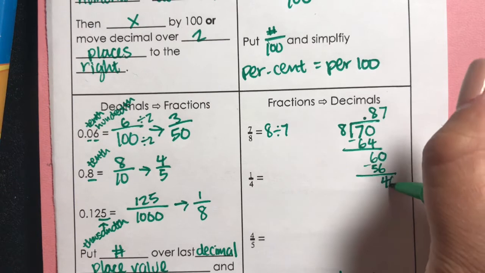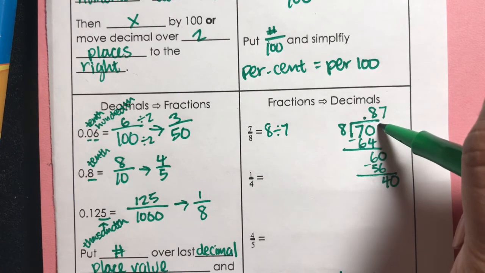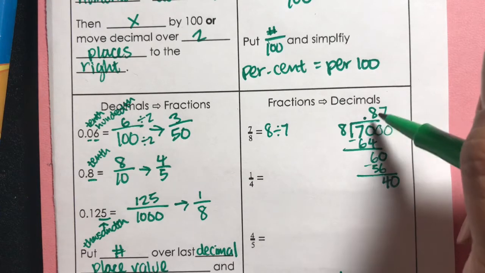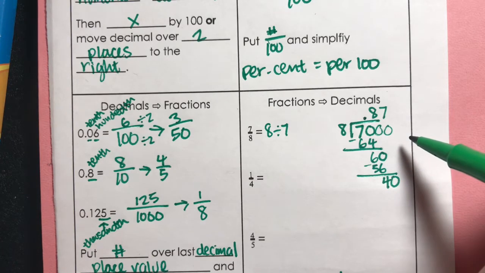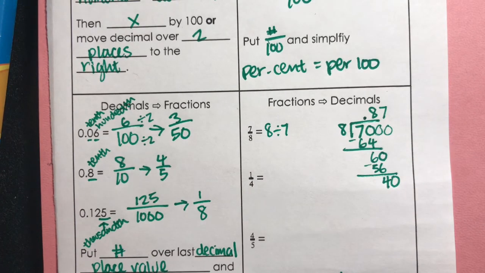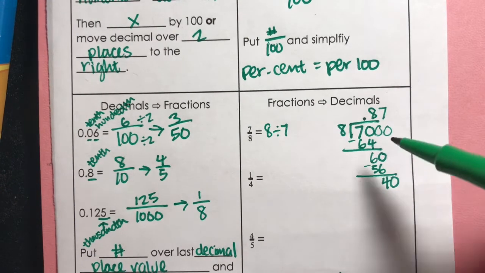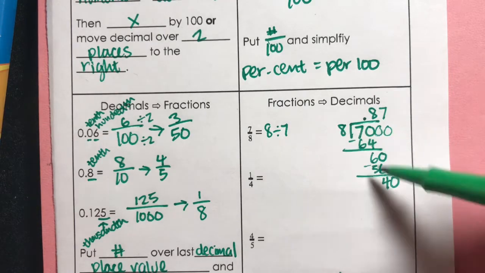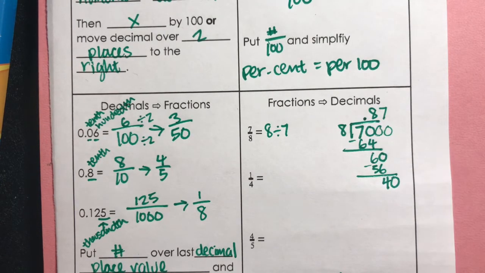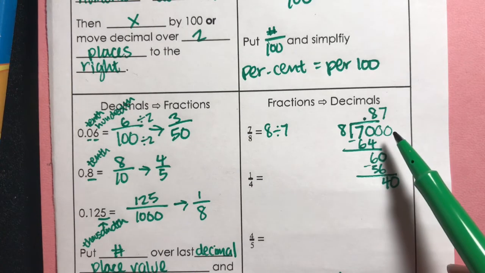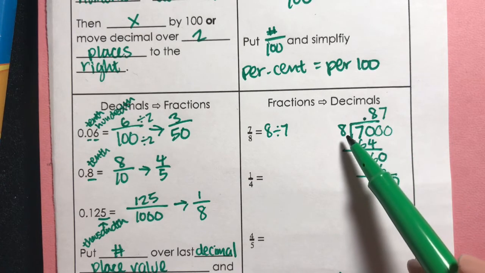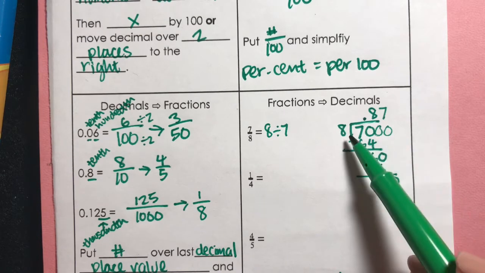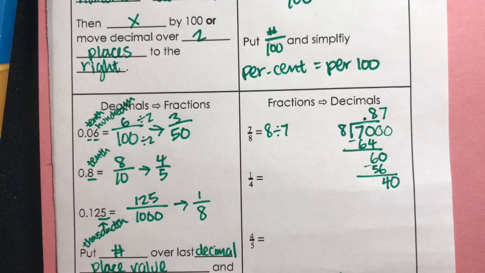Bring down another 0. So remember, there are zeros here because we had to put a decimal here. So you need to just add as many zeros as necessary until it is fully divisible. So you just keep adding zeros until you... I forgot how to word it properly, but you just keep adding zeros after your dividend, until you can fully divide it, and then you end up with 0